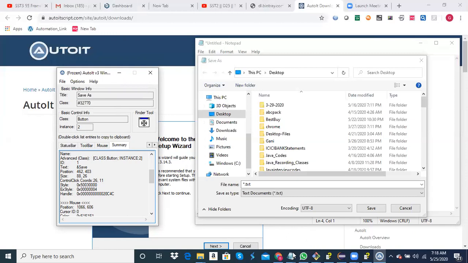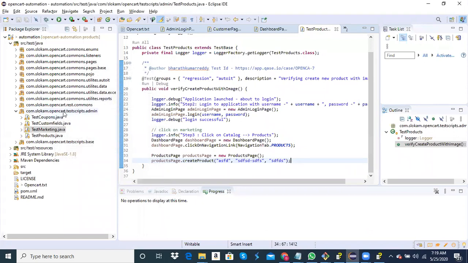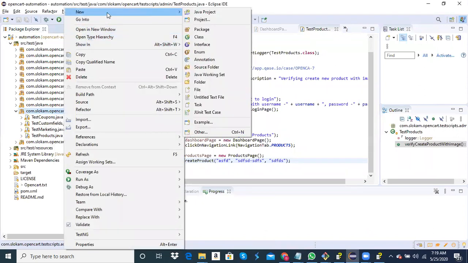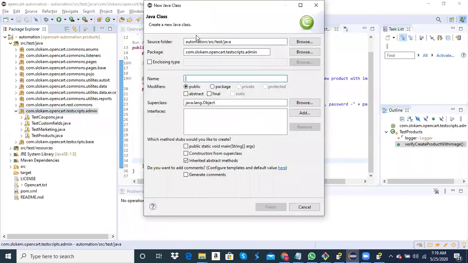All right. Now there are a lot of other things that we have to do in order to use AutoIT in our Java code. There are a couple of steps that we need to perform. Now I'll take a general example. I'll write a sample code and then we'll try to integrate it with our system. Okay, so class Sample.